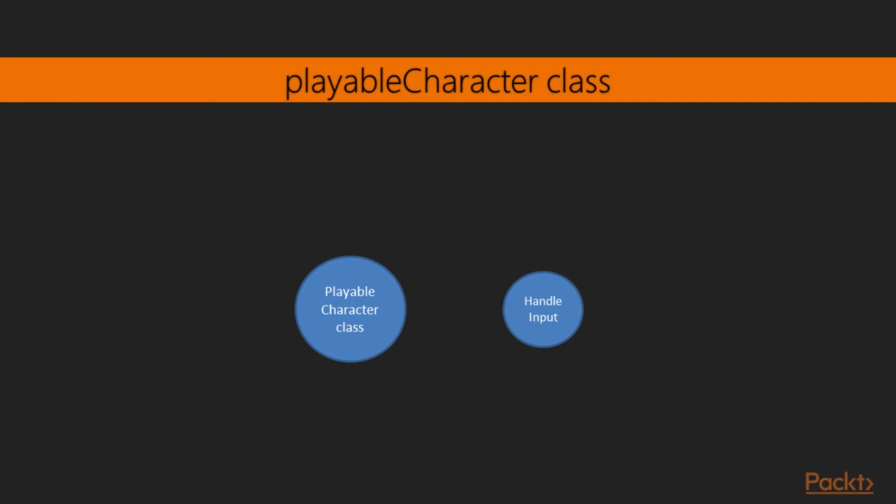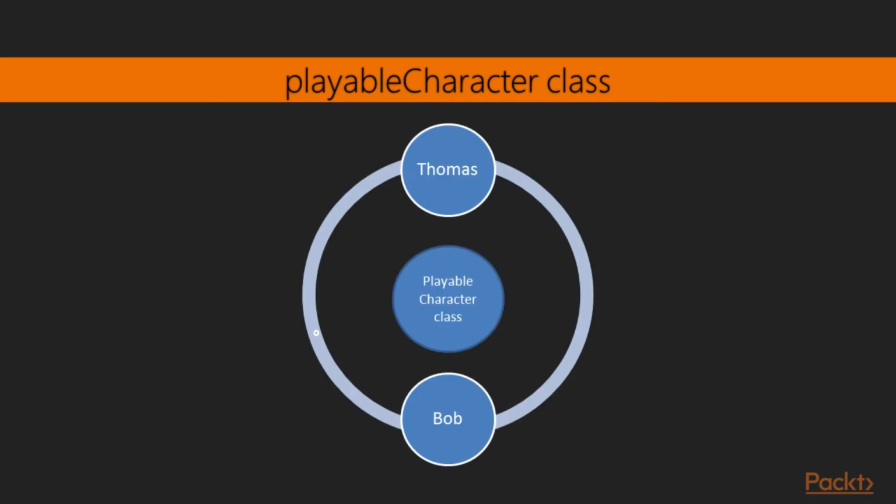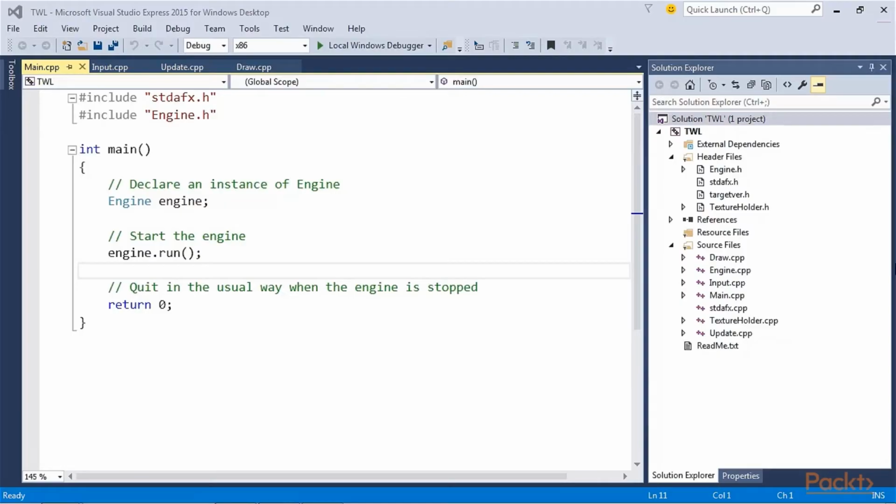It will have one pure virtual function, handleInput. The handleInput function will need to be quite different in the subclasses, so this makes sense. As PlayableCharacter will have a pure virtual function, it will be an abstract class and no objects of it will be possible. We will then build both Thomas and Bob classes, which will inherit from PlayableCharacter, implement the definition of the pure virtual function, and allow us to instantiate Bob and Thomas objects in our game.